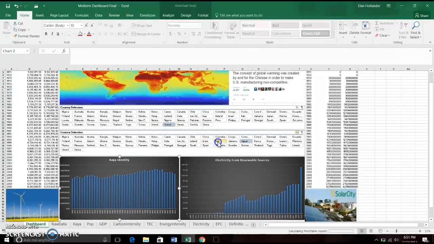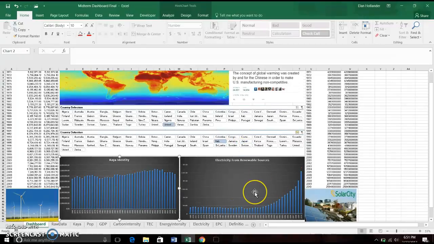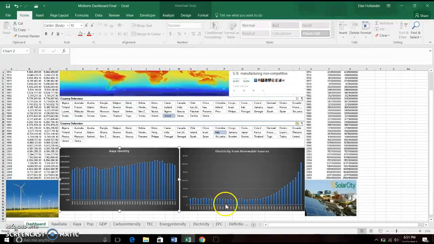And if you look at Italy again here, you can see that their electricity from renewable sources has been exponentially increasing, which is very in line with them reducing their Kaya identity. It's also a little bit biased, obviously, because more renewable energy sources have come out in the later 20th and 21st century, but it's still drastic enough to show that it's important to the countries, and